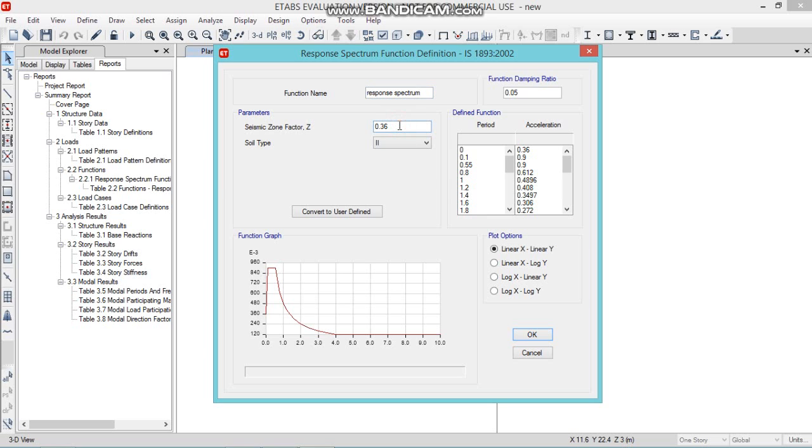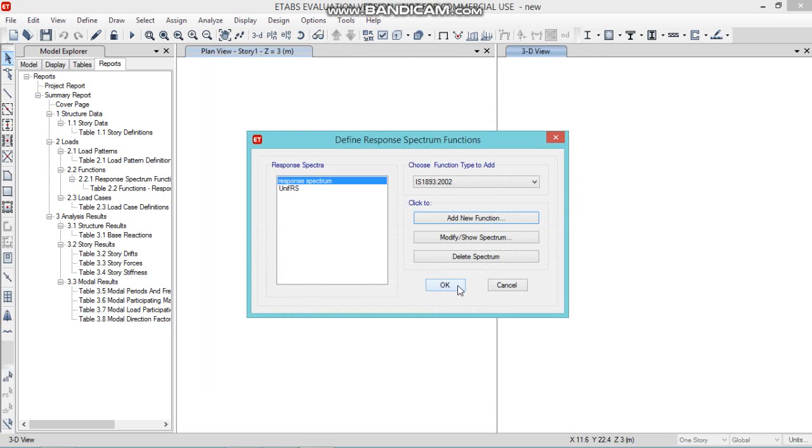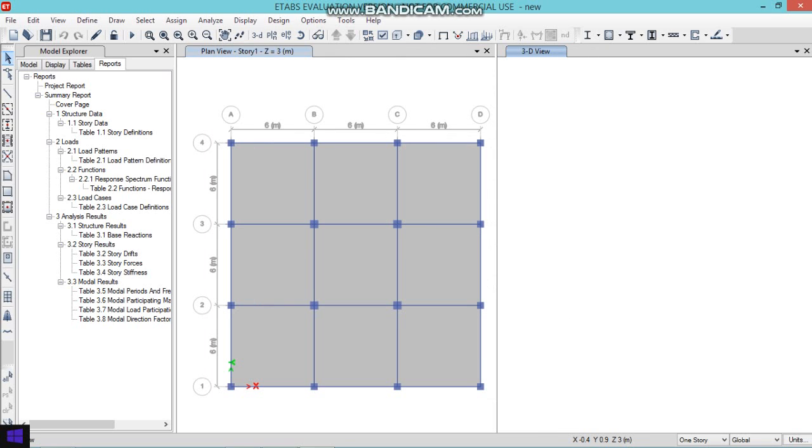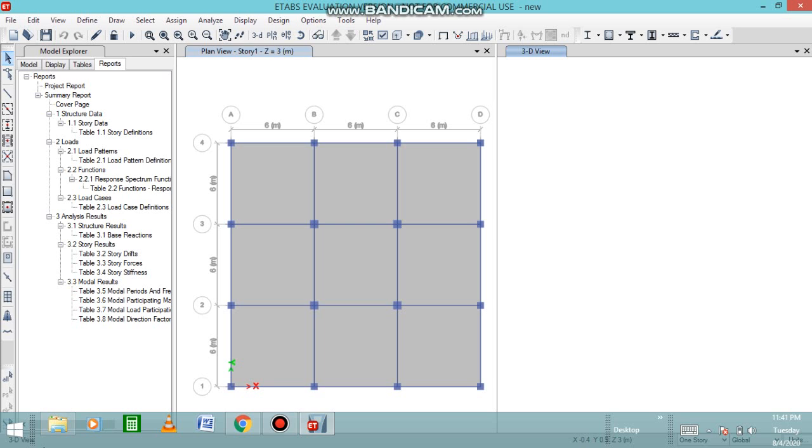Our seismic zone factor is 0.1 and soil type is second. Click on OK. Click on OK. Now we need to enter the acceleration values to define the load case for the response spectrum function.